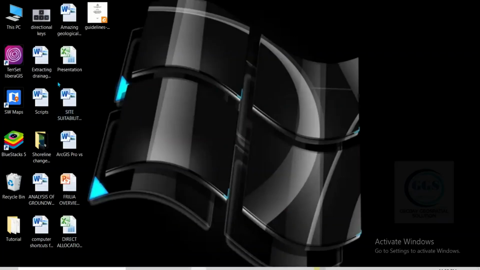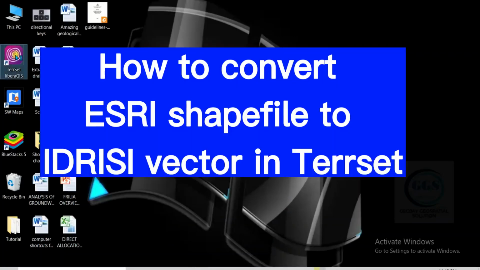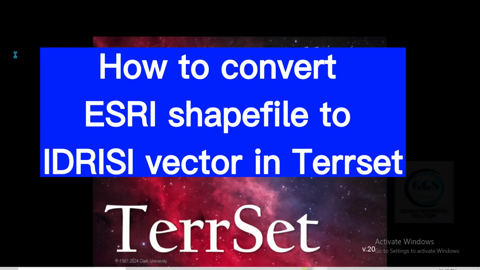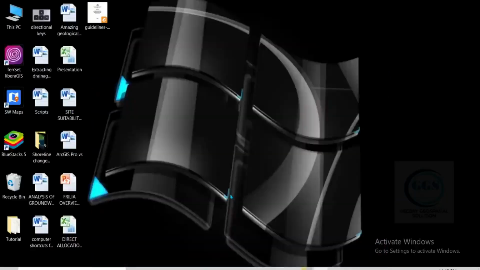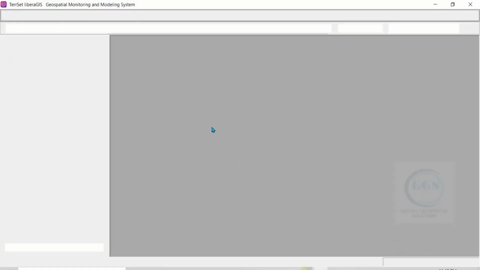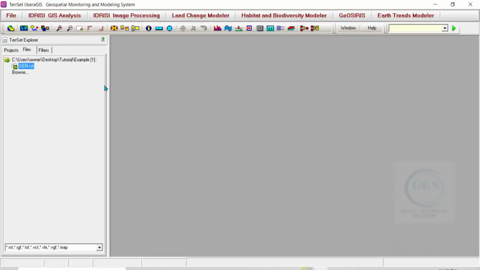In this video, I want to show you how to convert ESRI shapefile to IDRISI vector in TerrSet. To do that, launch your TerrSet, and when it's open, this is how the interface looks like. In the previous video, I've shown you how to create projects and how to link folder or add file to